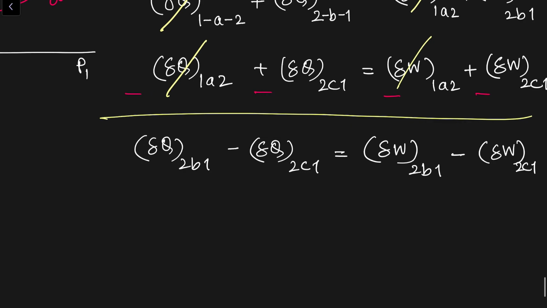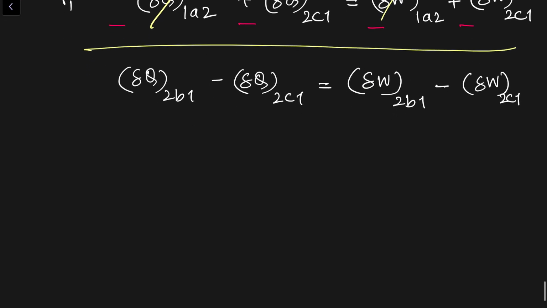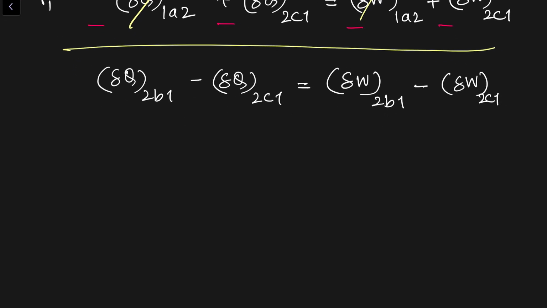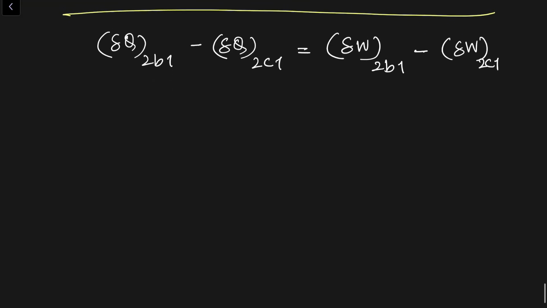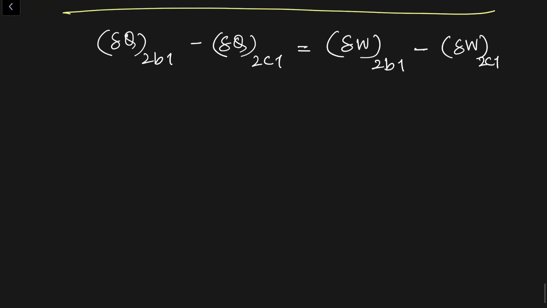So from our understanding that work transfer is area under the curve, we can say that del W 2B1 is not equal to del W 2C1, which means that